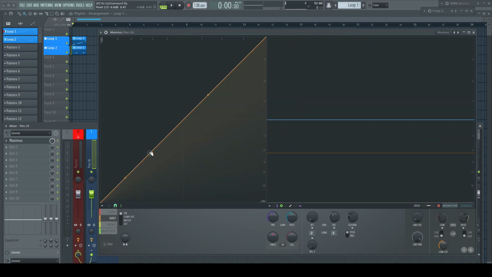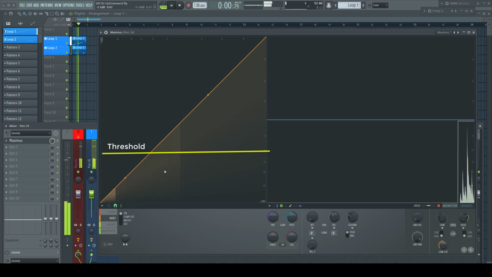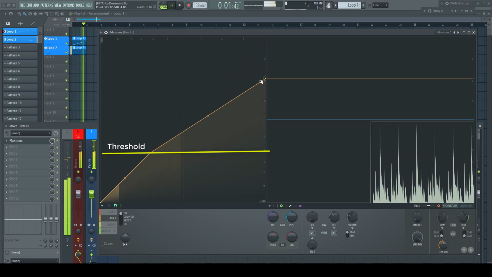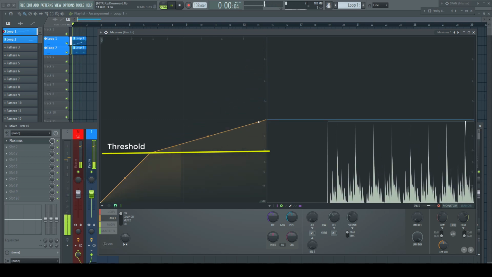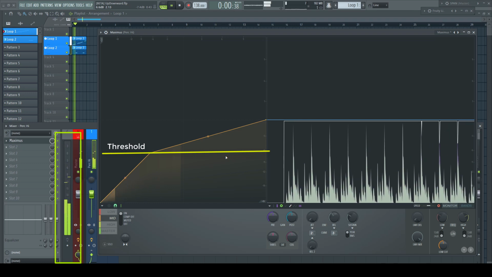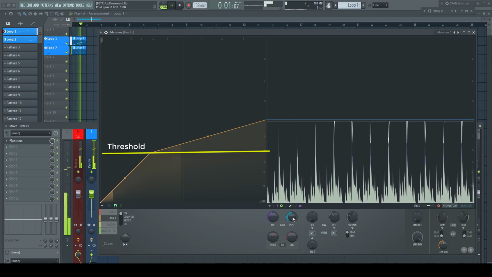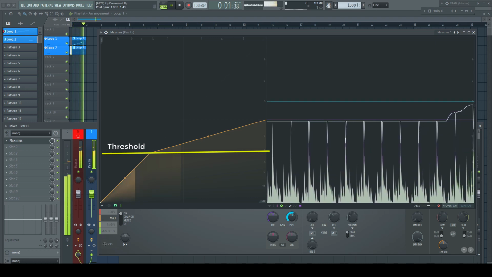As before, we need a threshold value, a center point around which all actions revolve. If I now pull down a point above the threshold, I start to compress the signal, which reduces the peak level to about -6 dB. I compensate for that volume loss with the post level knob